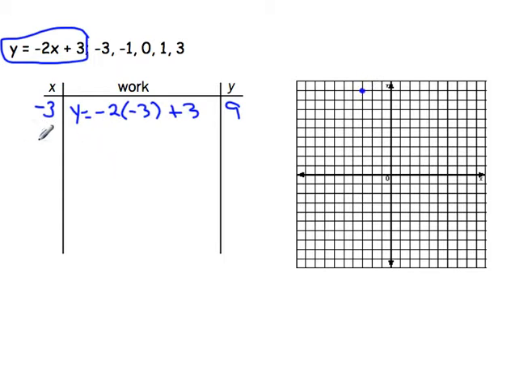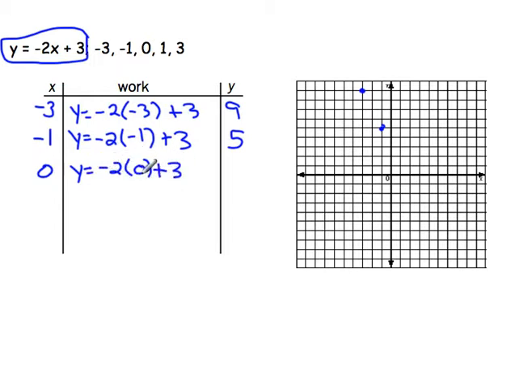Now the next domain is negative 1. So y equals negative 2 times negative 1 plus 3. 2 plus 3 is 5. So I should have a dot at negative 1, 5. There's my next ordered pair. Plug in 0. Y equals negative 2 times 0 plus 3. 0 plus 3 is 3. So 0, 3